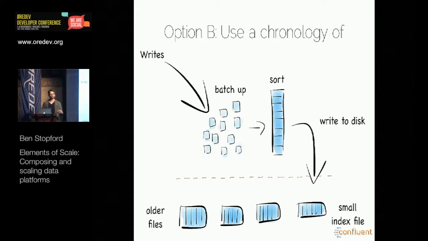So we've created lots and lots of small index files. Each of these index files we can write very quickly to the file system because each one is a sequential write. But we now have many different index files that we would need to consult if we wanted to do a read. So if we want to read a particular value, we would have to consult each one of these index files and ask it, do you have this value that I would like?